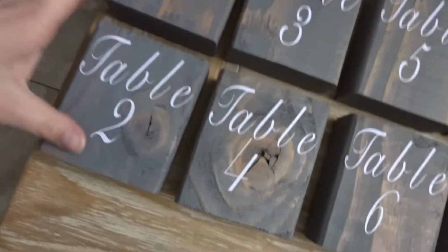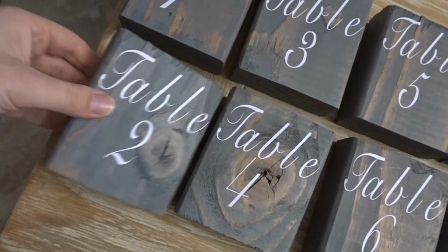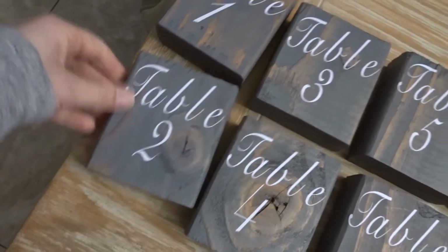I think we're going to try to seat the same amount of people at each table, and I think we're going to go with 8. When we went to our menu tasting at the venue, I think we sat like 10 to a table, and it was really cramped. Like we were shoulder to shoulder, and it wasn't the funnest experience. So I think we decided to go with 8. These are the table signs that we made